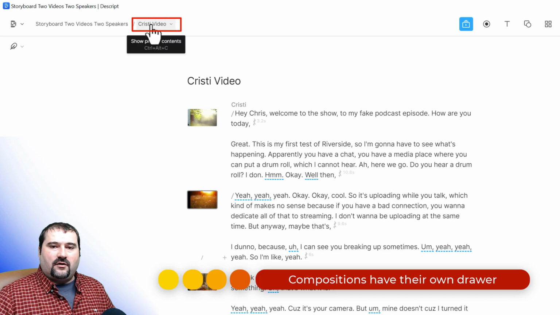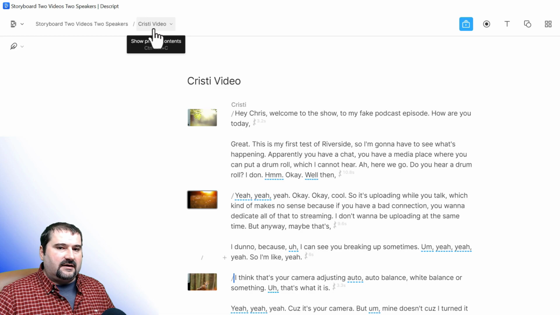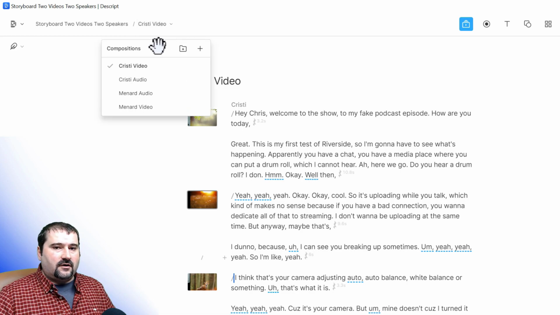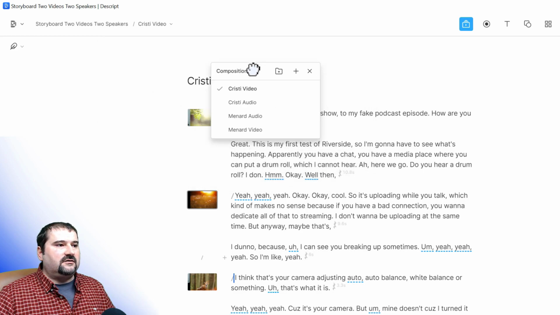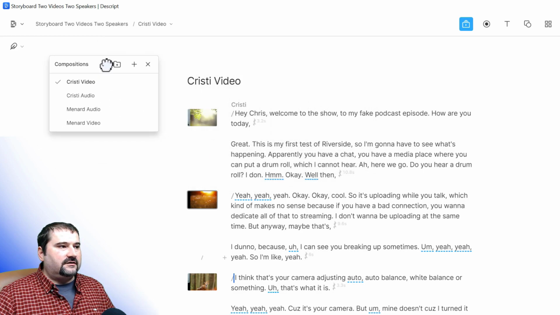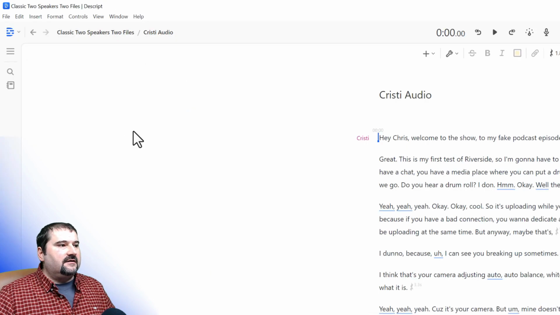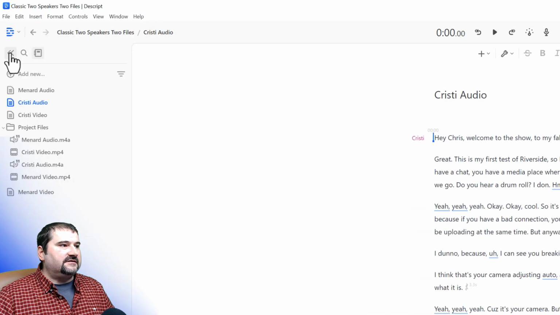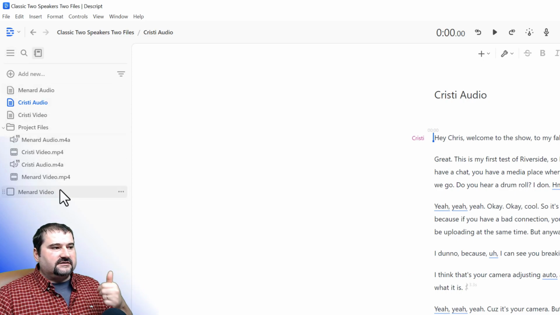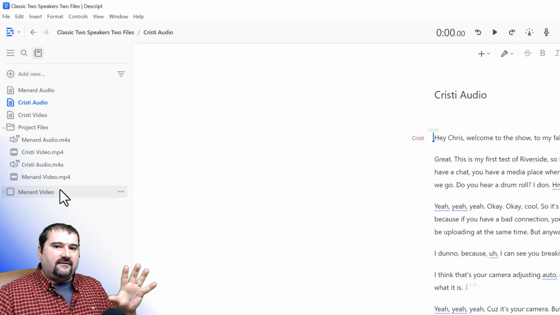At the very top on the left, you've got the project name, and then you've got the name of the current composition. If you click this drop down here, that opens the compositions drawer, which again, you can move up and down all over the interface, and it stays open, which is quite nice. In the classic version, the compositions were right here on the sidebar, where you had everything mixed together, files, compositions, folders, everything was there.